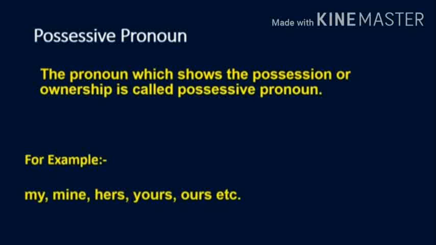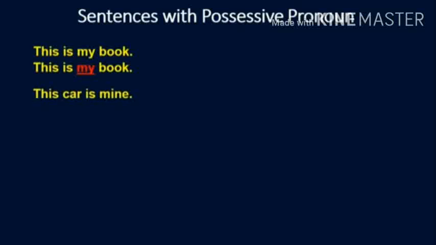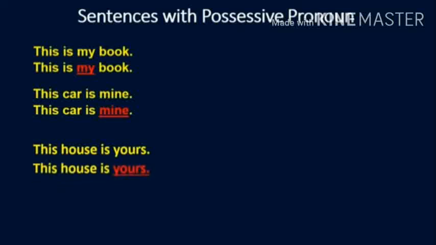And possessive pronouns are my, mine, her, yours, ours, theirs, etc. This is my book. The book belongs to me. I am the owner of my book. And when I want to say to the other person that the owner of the book is myself, then I say, this is my book. My is the possessive pronoun. The car is mine. Mine is the